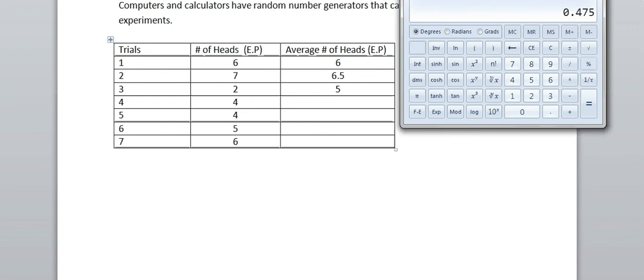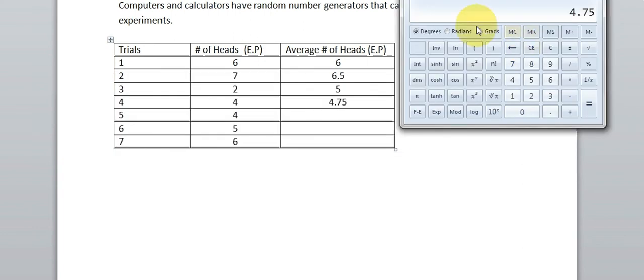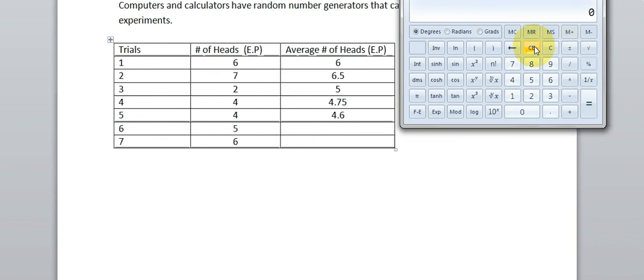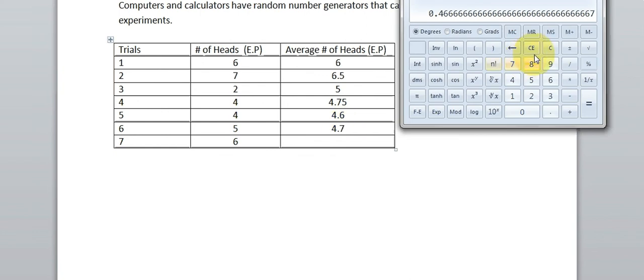And we've got 23 out of 50. 4.6. And 28 out of 50. Oh no, that should be 60. We're at 4.7. Now we're at 34 out of 70. We're at 4.9 approximately. So we started off at about 6 or 7 heads out of 10, which is a